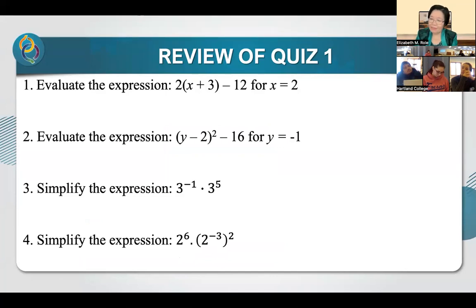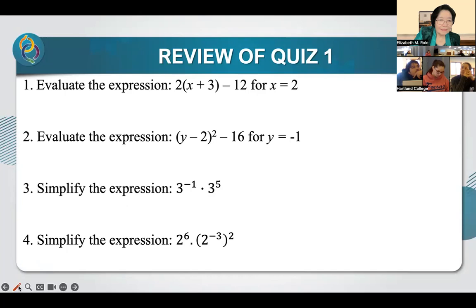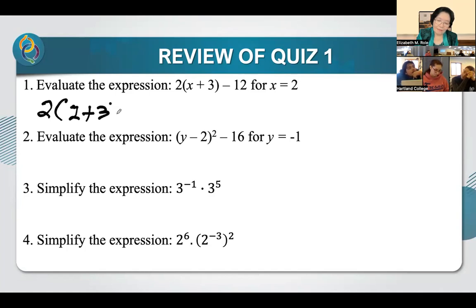And just for the sake of reminding us of how this is done, all of you got the answer to be -2. It's just a matter of putting in the value of x minus 12, which gives us 2 times